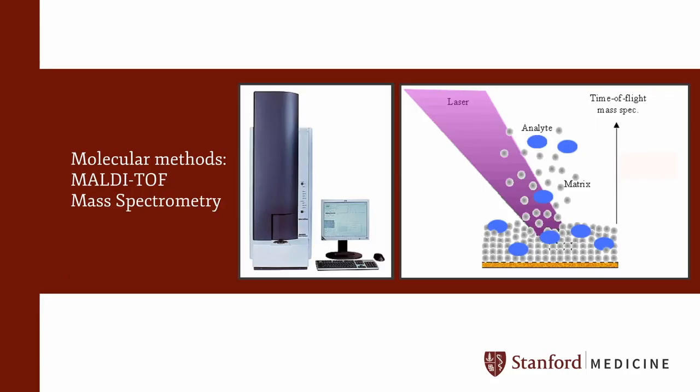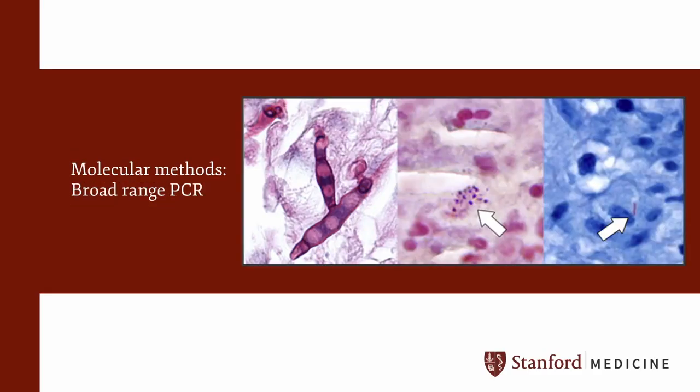We now also have a new tool called MALDI-TOF, or Matrix-Assisted Laser Desorption Ionization Time of Flight mass spectrometry, for unbiased identification of bacterial and fungal pathogens growing in culture in just a few minutes. Even when culture and other tests are negative but signs of infection are present, we can use an unbiased nucleic acid amplification test to identify the pathogen. In these cases, broad-range PCR combined with amplicon sequencing is used to provide pathogen detection and identification.